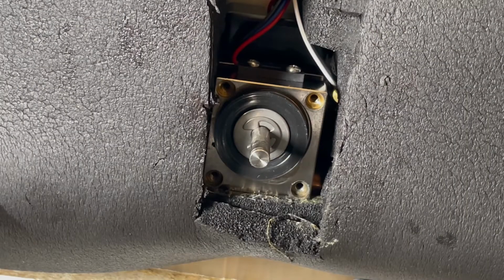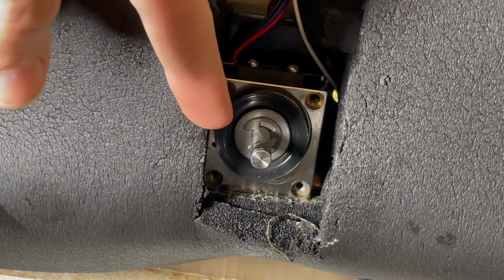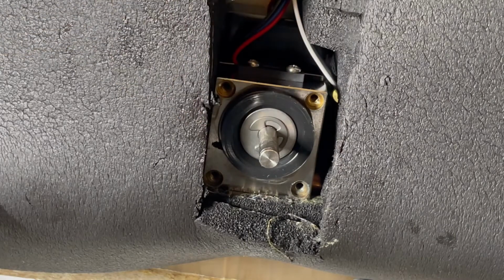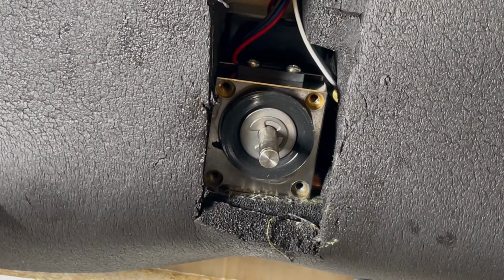So here's the underside and the inside of our valve. And we see the nub here with the base of the plunger rod. We've got another clip and a washer, and this is our diaphragm right here. Once we have this removed, we can easily pull out the old plunger assembly to swap in the new one. So to get that out of the way,